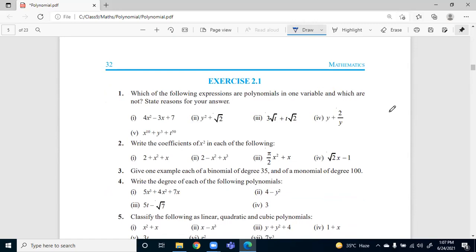If I start with polynomials, you can expect questions on how to understand whether a particular statement is a polynomial or not. How will you guess it? You need to observe the powers. If the powers are positive, like 2, 3, 10, whatever, if they are whole numbers, then we say that it is a polynomial. But if they are negative or fractional, then it is not a polynomial. And if it is a root,